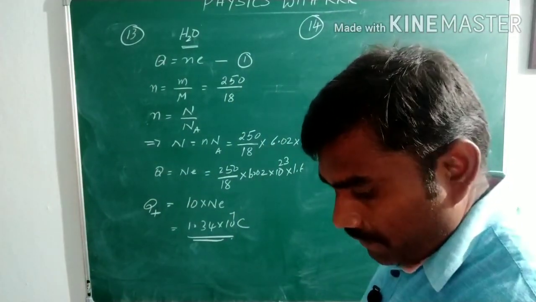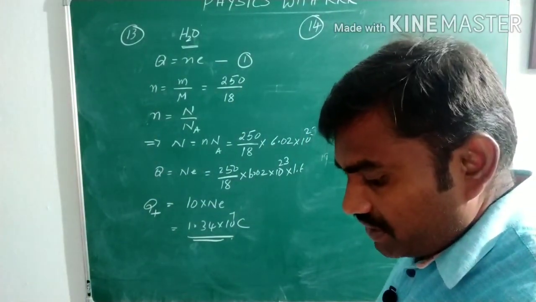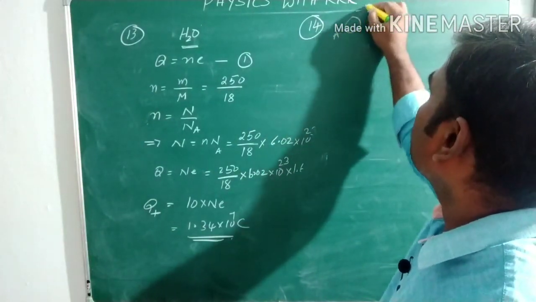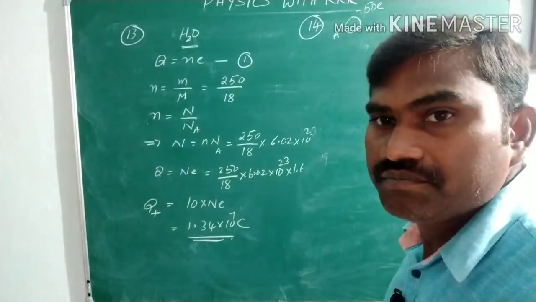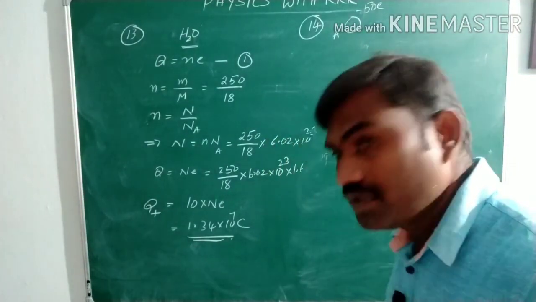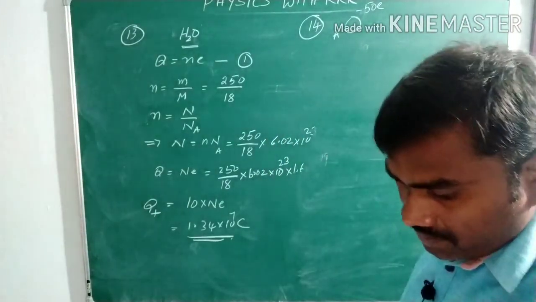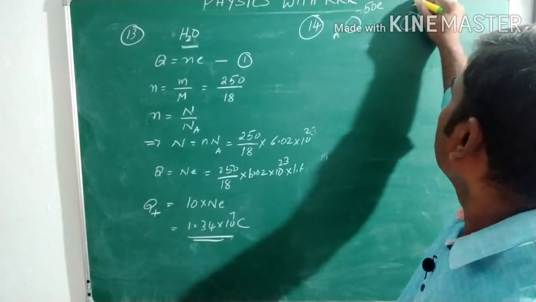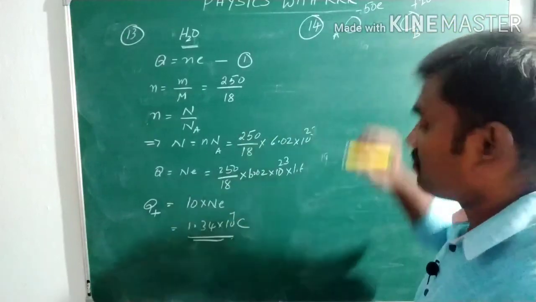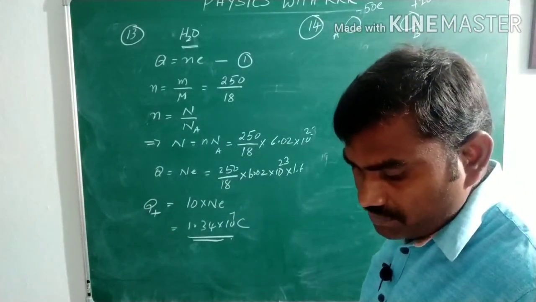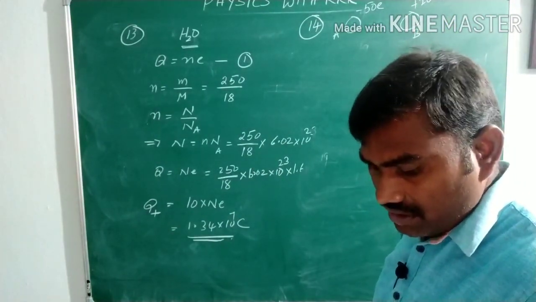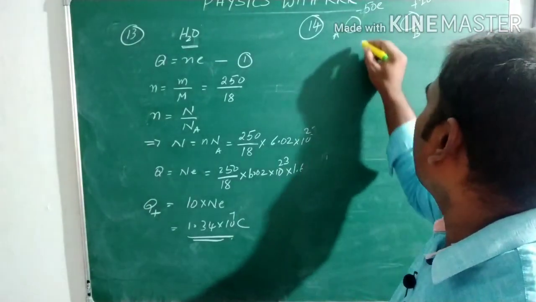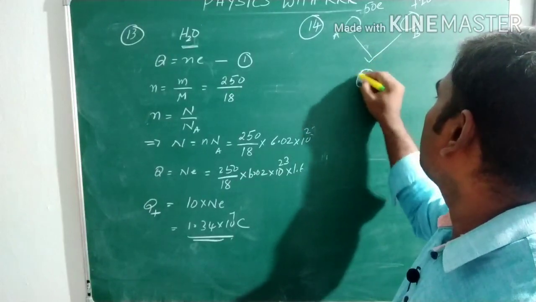Another question. Initially, sphere A has a charge of minus 50 E. Now here this is sphere A, of charge minus 50 E. And sphere B has a charge of plus 20 E. The spheres are made up of conducting material and are of identical size. If the two spheres touch each other,